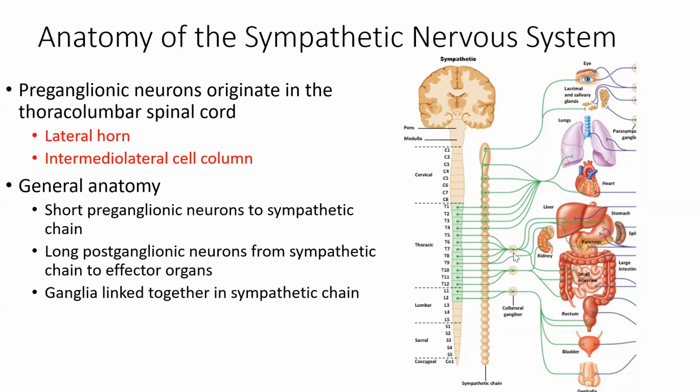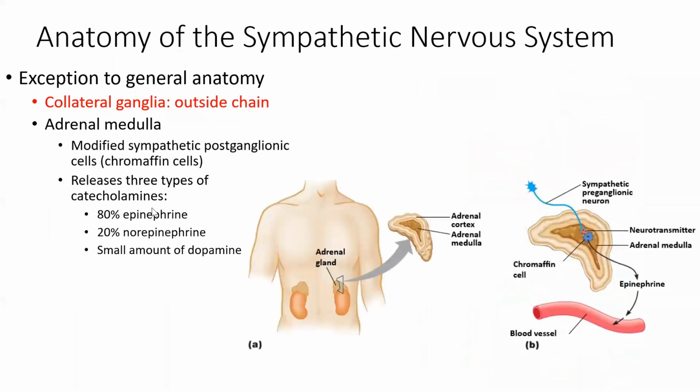So any type of synapse that is happening within the autonomic nervous system, specifically the sympathetic division, that is not happening as a part of the chain is called a collateral ganglia, all right? And that is the second route of communication of the sympathetic nervous system. And then the third and final route is the adrenal medulla gland. So the adrenal medulla, which is the central part of the adrenal gland, and just to backtrack and